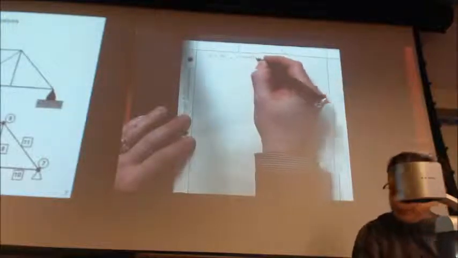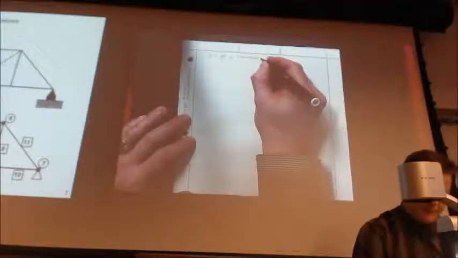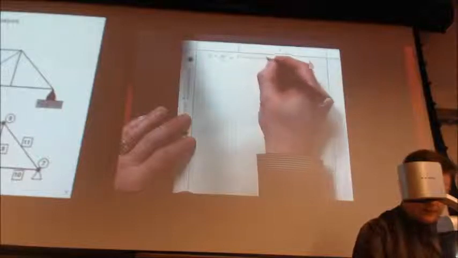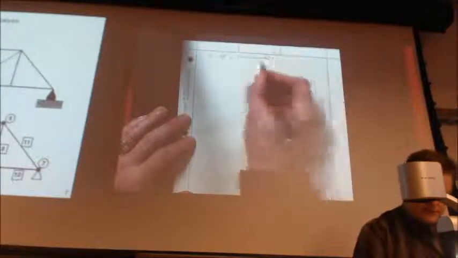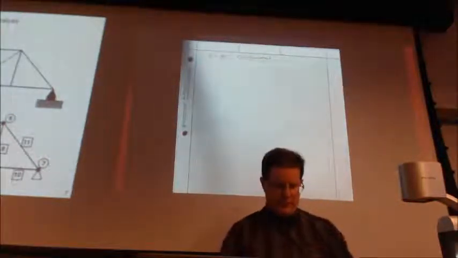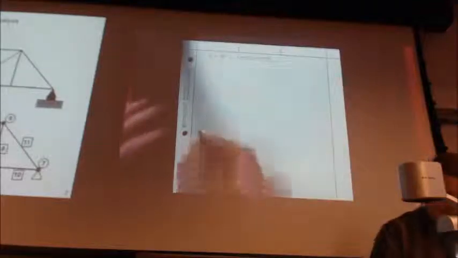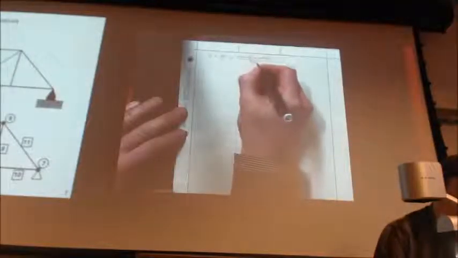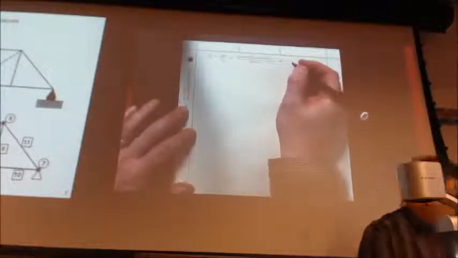My E for this is aluminum, so 10 times 10 to the 6. And our length is 20, right? So that'll equal